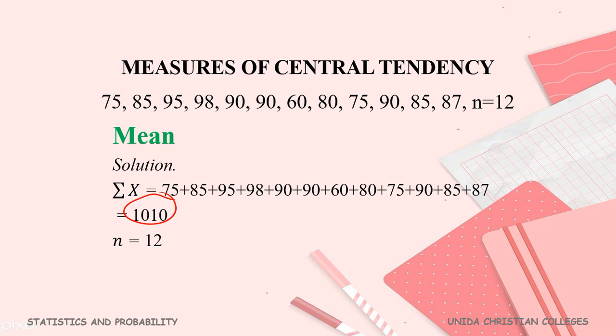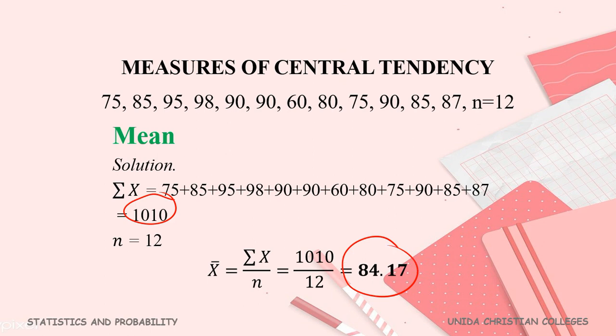And for us to be able to solve for the mean or for the average, all we have to do is to divide. 1,010 divided by 12 is equal to 84.17. And this will be your mean, or this will be the average. And that will be your final answer. Okay? Ayan. Next,